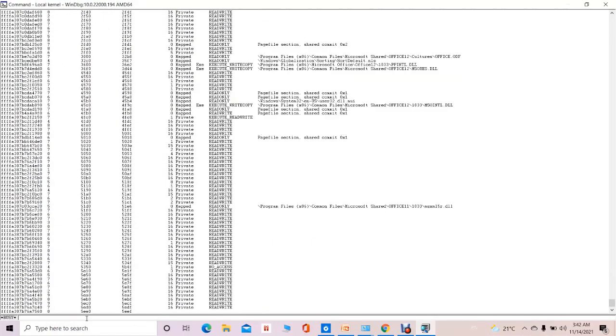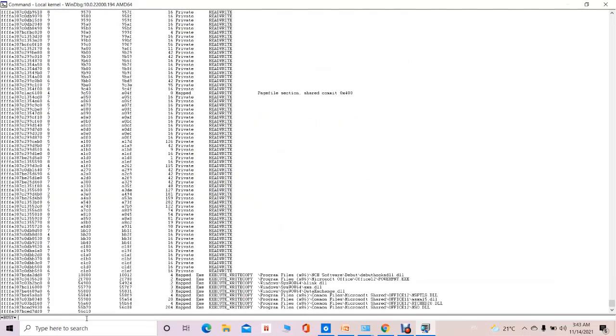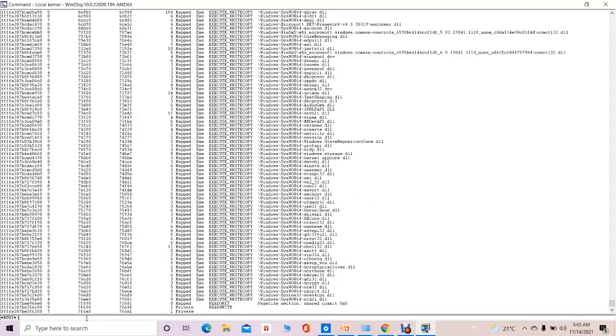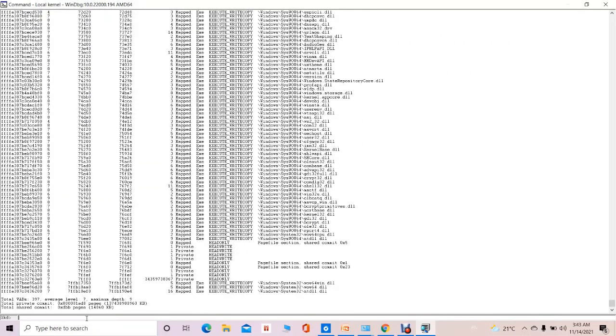Now you can see that this is the VAD tree structure. What are the VADs which are created? A particular VAD is created for a particular memory map file, the particular file which is required for a running process. Wherever the file is mapped into the volatile memory, the range of the addresses, or the physical address of the first page and the last page, is maintained in the individual VAD.